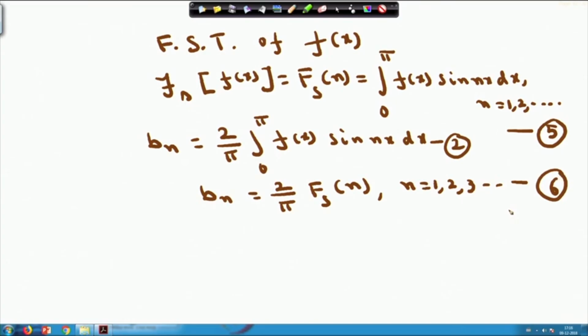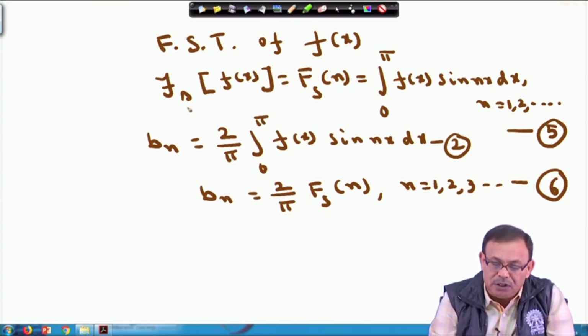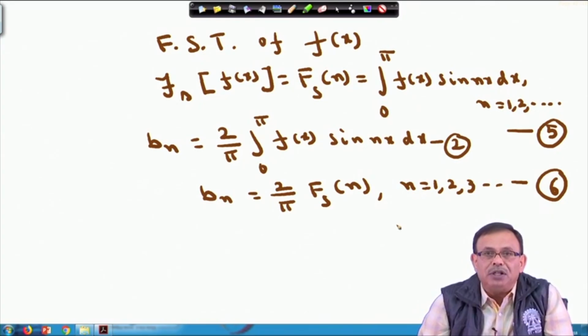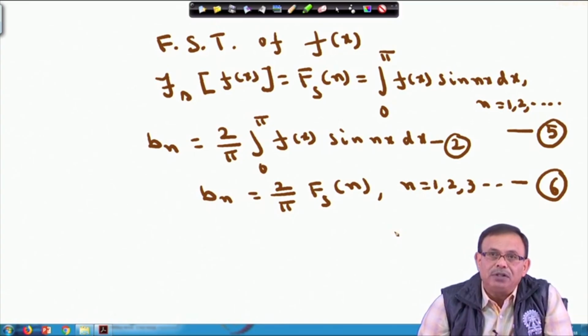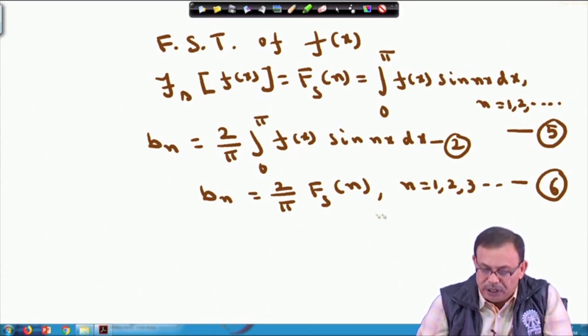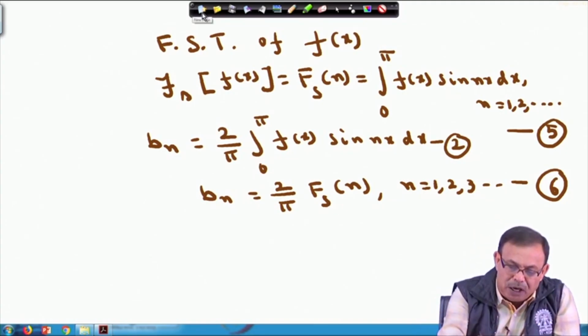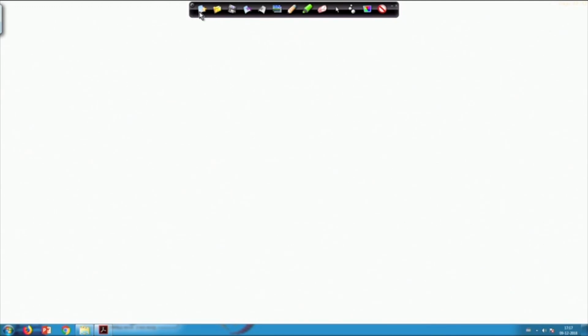So, therefore, Fourier sine transform of f x, we are defining as capital F s of n. This equals integral 0 to pi f x sin n x dx. So, finite Fourier sine transform of f x equals integral 0 to pi f x sin n x dx, n varies from 1, 2, 3 like this. And from these two we can tell that b n is nothing but 2 by pi into Fourier sine transform of n. And similarly, the inverse,